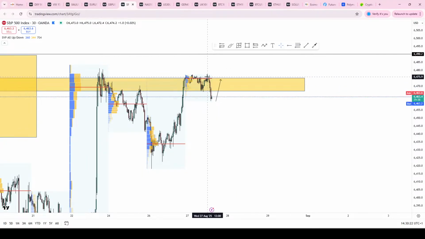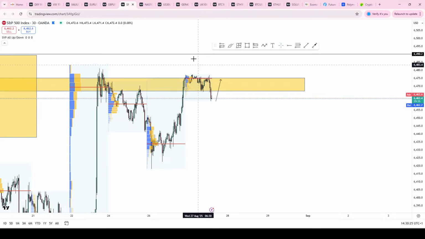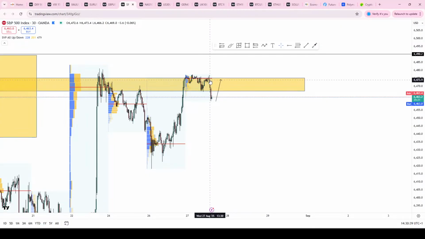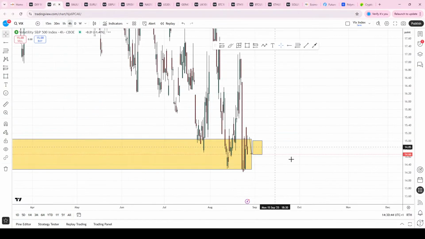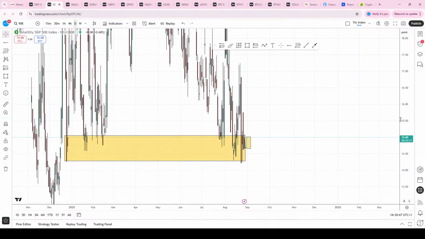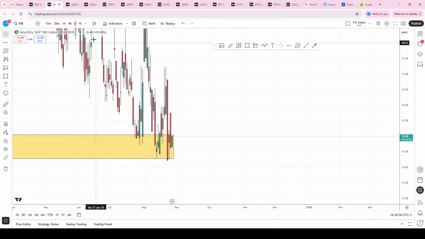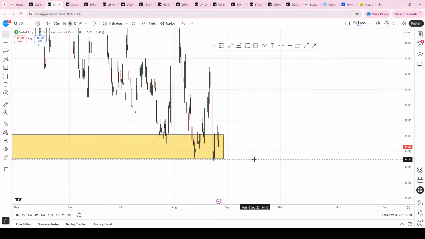S&Ps on the day, value area around 64.75s. NASDAQ value area around about the 23,550s, give or take. So from my perspective, I'll be looking to see if there is a short-term reaction off of value area A on the NASDAQ and value area A on the S&Ps as well. And of course, really ascertaining then as we move into 3 o'clock on the session, moving up to the higher time frames, do we actually see a little bit of a correction or any sort of reaction off the back of that on the VIX as well. So let's just see what happens there into, as I said, 2:30 and beyond as markets open.